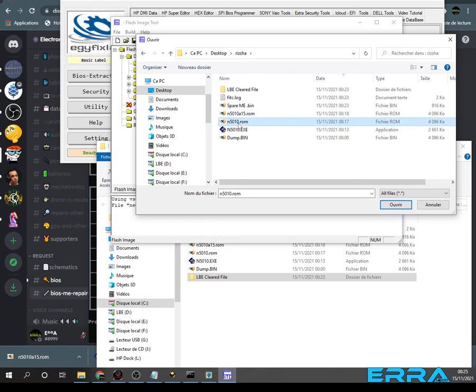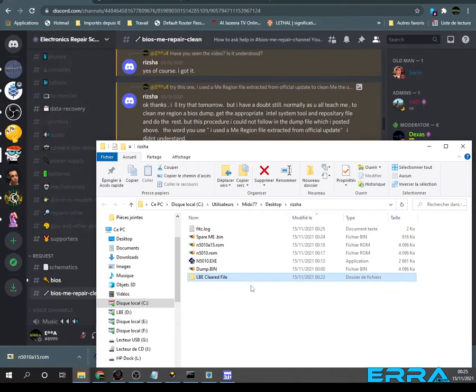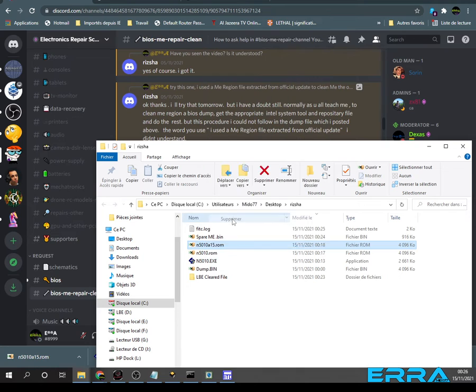This one was the one downloaded from the server, which is in fact the same thing, but let's do things as it should. So let's choose the one we have extracted with cmd. This one we can delete it. We just downloaded it for comparison purposes, and they are identical, so we just need one. Let's keep the .rom one, and